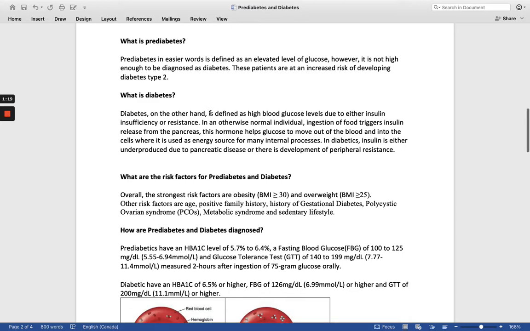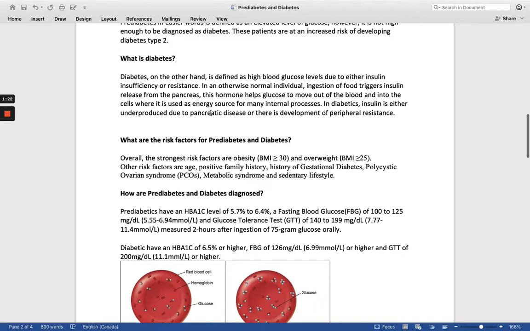So what is diabetes? Diabetes, on the other hand, is high glucose levels. They could be due to insulin resistance or insulin insufficiency. Usually in type 1 diabetes, it is insulin insufficiency due to pancreatic condition or disease. And in diabetes type 2 is a lot of times due to resistance, could be due to anything else. So either of those, risk factors for them would be